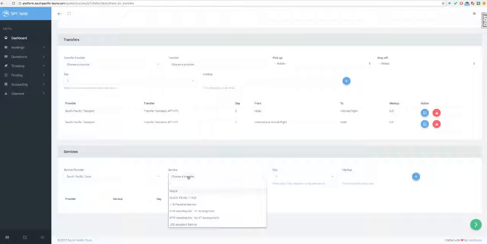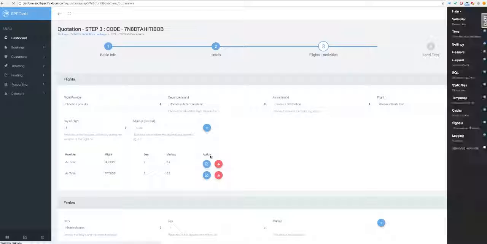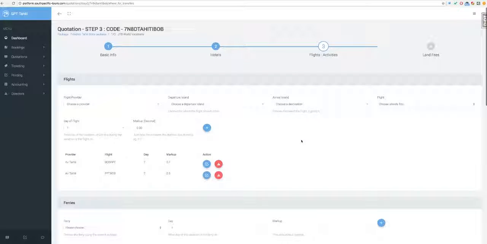Let's give it a service, like a JTB, something Paradise service or whatever, on day 1. And then we add that. So that's basically how the quotation is done. So now you can see we've added all those things to the quotation, and now we just have to add